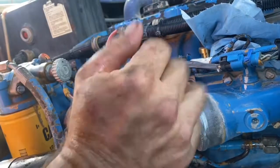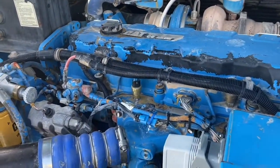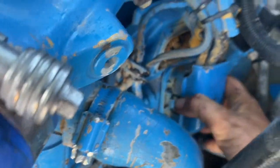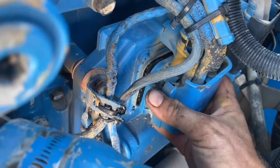We need to run the engine without firing to build up oil pressure back in the cylinder head that we dropped out when we removed that plug. So an easy way to do that, or a Brumby way to do that, is just to take the ECM plug out that goes to the injectors and all the engine sensors. She won't fire now, and then we'll go down and run it for 15 seconds and just build up engine